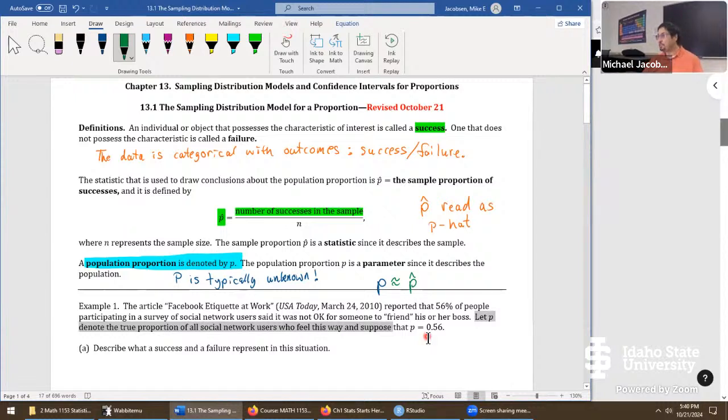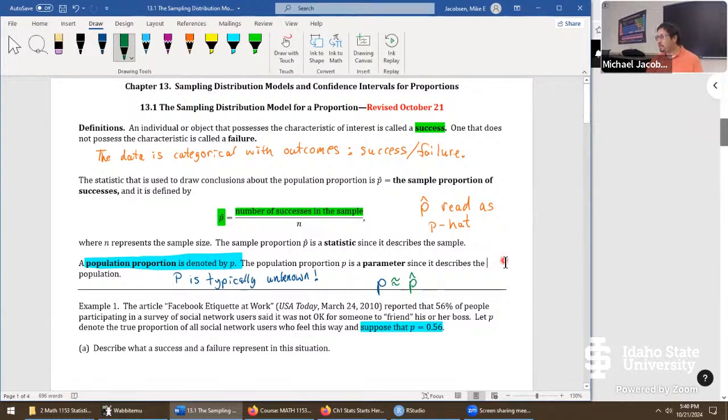That's quite a statement, because we said p is typically unknown. Well, where did 0.56 come from? It came from the study where they said it's approximately 56%, but that was just p hat. So p is really still unknown. We don't have any way to describe how reasonable that estimate is, what the error is in making that estimate. So this is just a big guess. We're going to assume that this is the truth of the population, even though it's truly an unknown. That's the best information we have. So let's highlight that and just work from that point on.